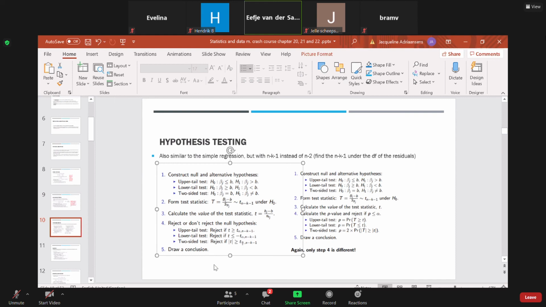And then in the fifth step, you draw the conclusion. For example, say your t is 0.5 and your critical value was 1, you say reject it because it's smaller, and we tentatively accept the alternative hypothesis. Okay, and then we have the